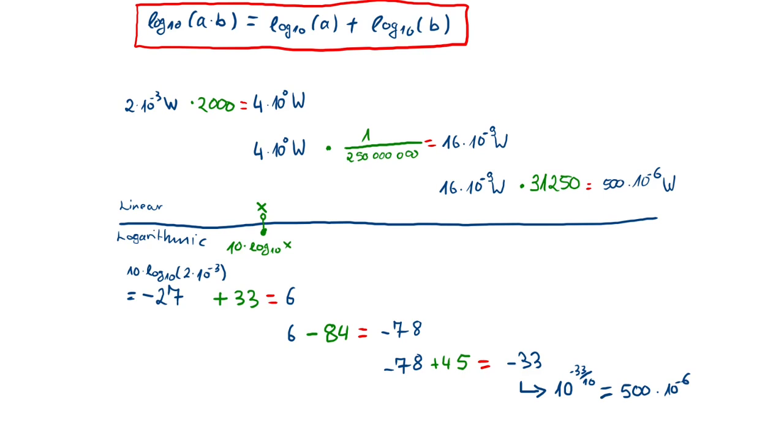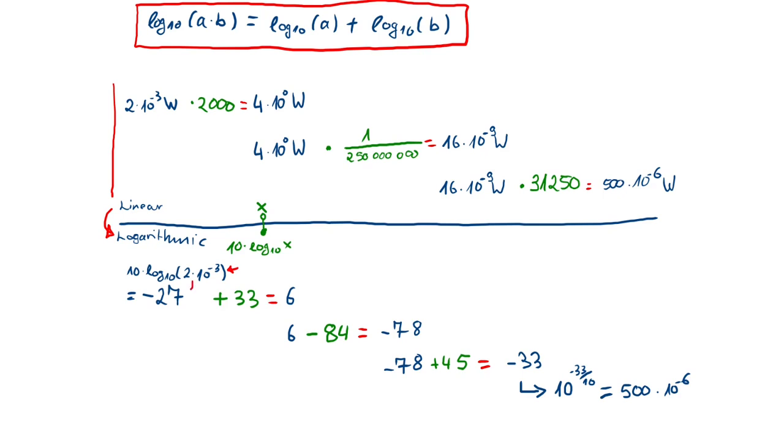So let's see what this means for our example. So this is our example from the slide before in the linear scale, and now we transform it to the logarithmic scale, and what we see is, for example, consider the 2 milliwatts here, and we use this transform